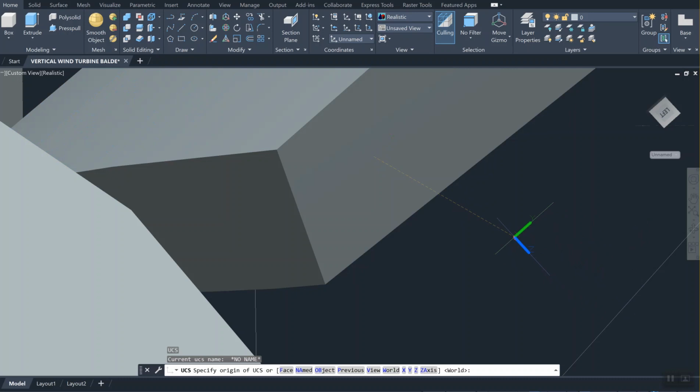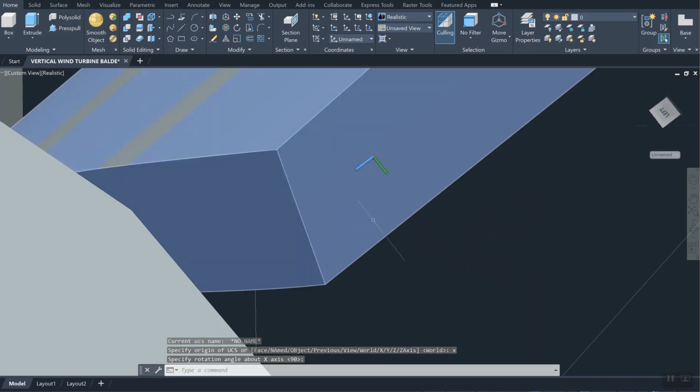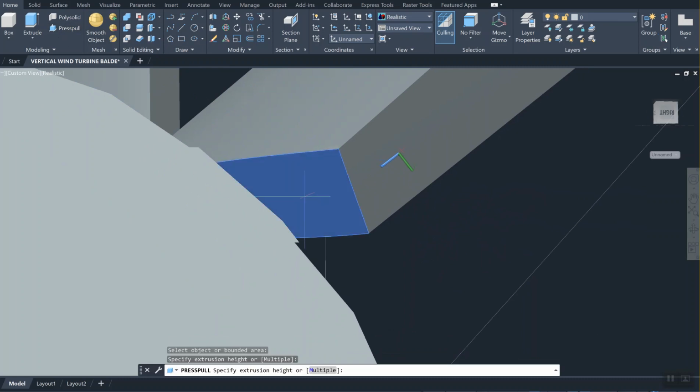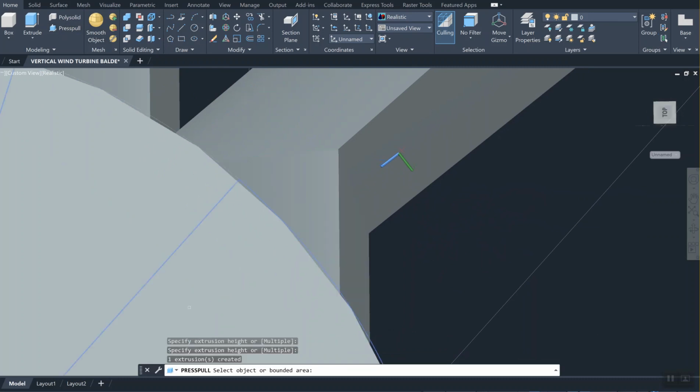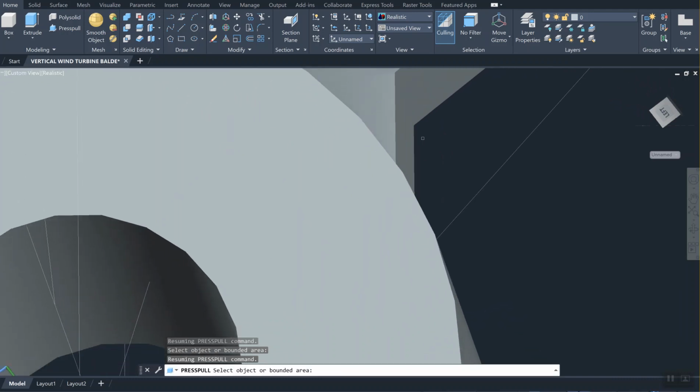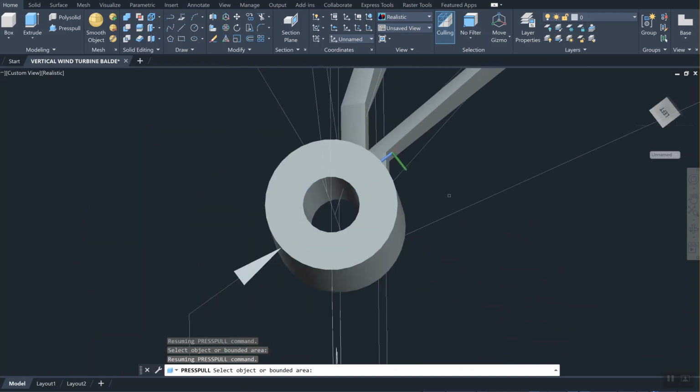Z has to be rotated on X-axis. That, and see the press pull will work better here. Enter. Using local axes, so